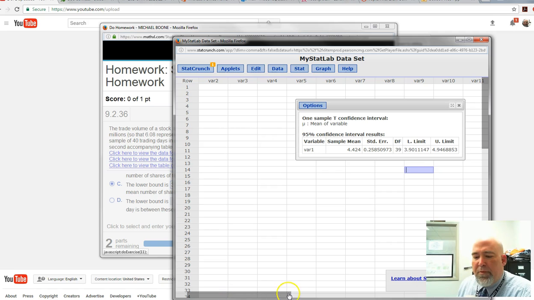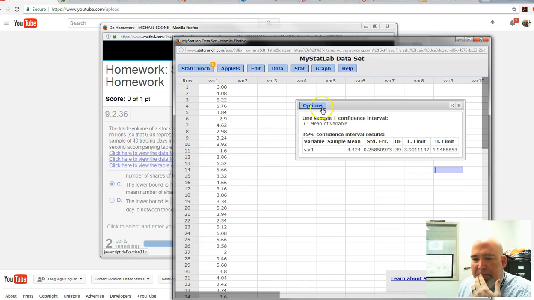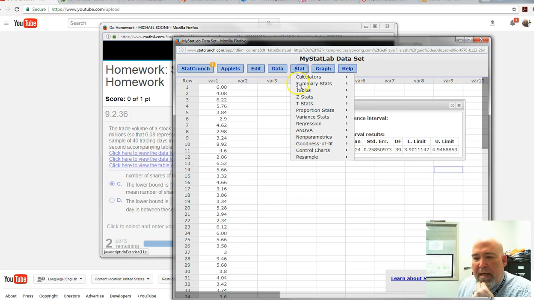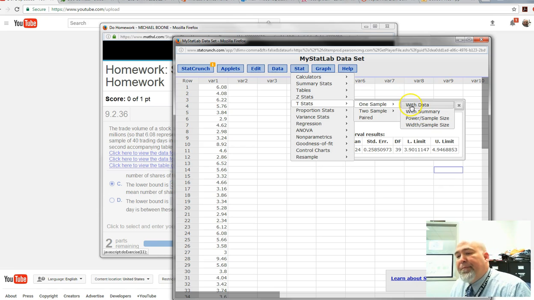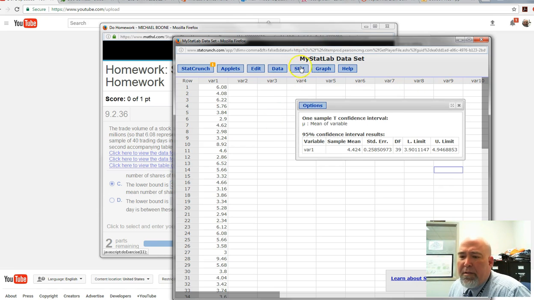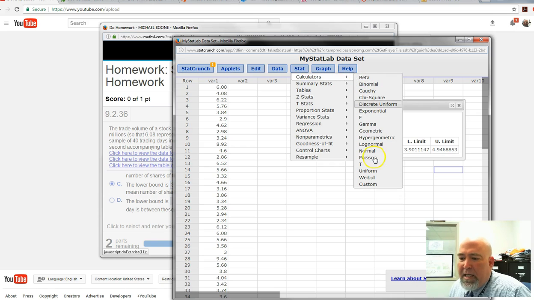Now, with this one, again, we had the data, so we need to make sure that we realize that. And so we went to stats, we went to t-stats, one sample with data. So that's a little bit different. If we just had a summary of data, we would type it in there. So this T